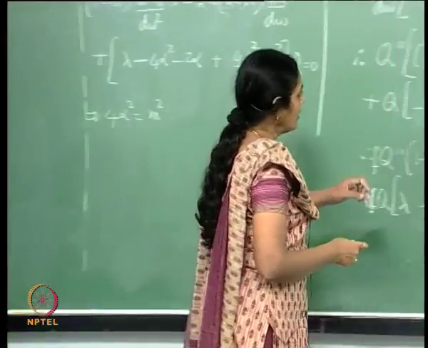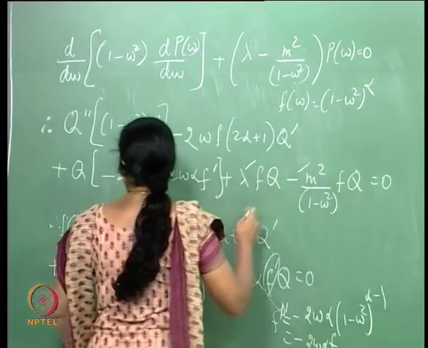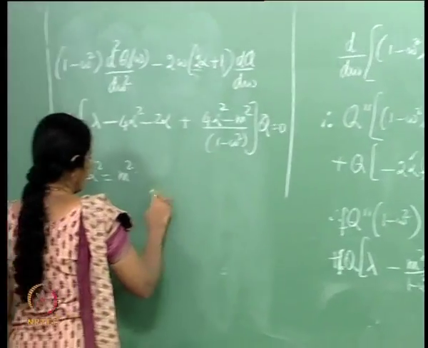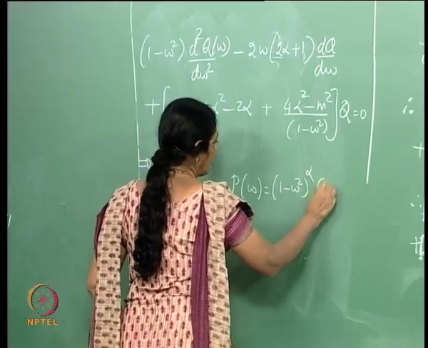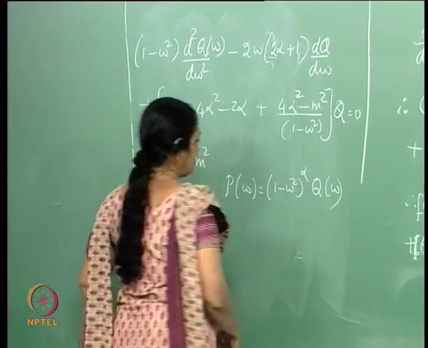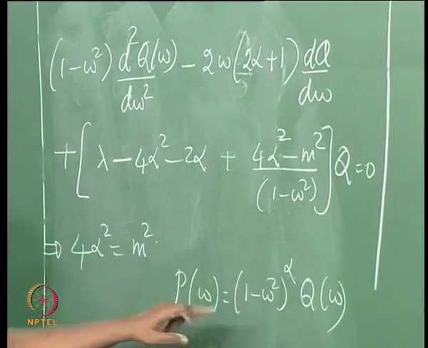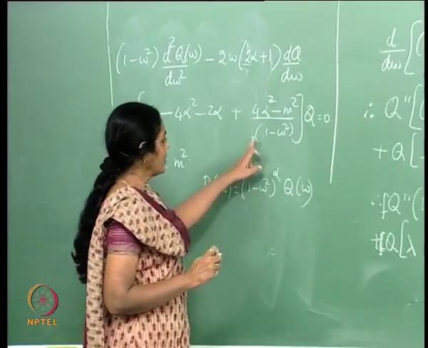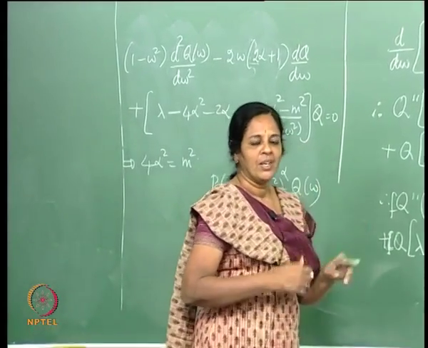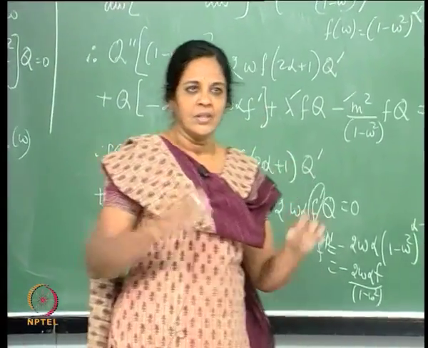You will recall that p was written as (1 minus w squared) to the power of alpha times q of w. So now you see we are fixing the value of alpha. How does the value of alpha get fixed? Because you don't want a problem as w squared goes to 1. So it's always